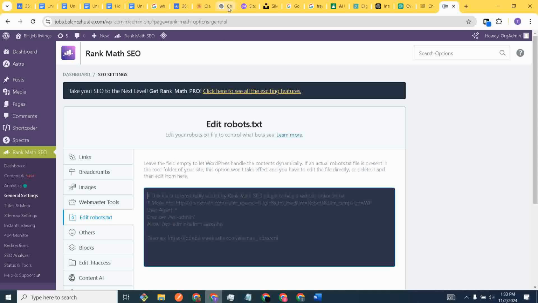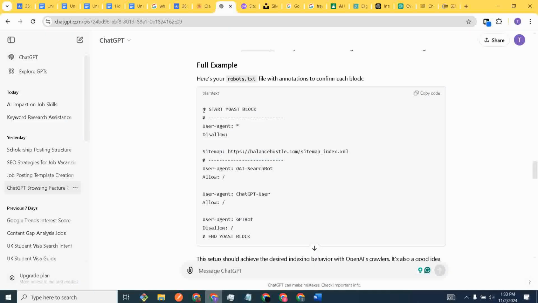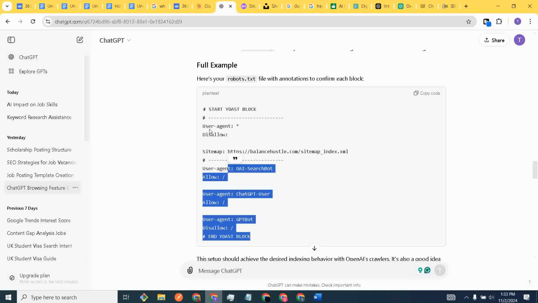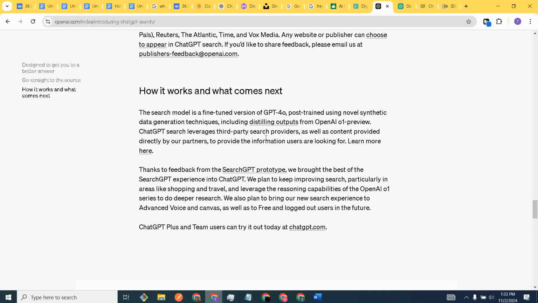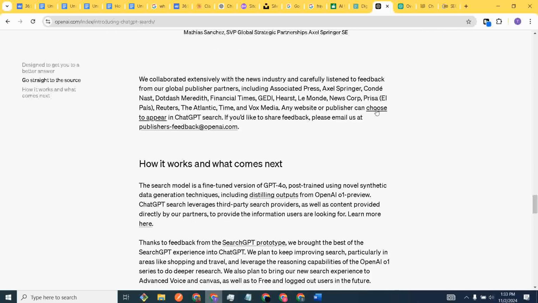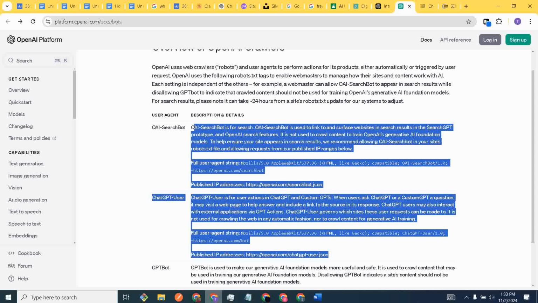Now, the first thing you want to add here is this code that you're seeing right here. Okay, as you can see, I simply used ChatGPT to create this in a very presentable manner. However, the place I got it from is also this ChatGPT announcement, where they say that you can choose to make your website appear. Okay, so once you click on that link, you should be able to see this particular place,